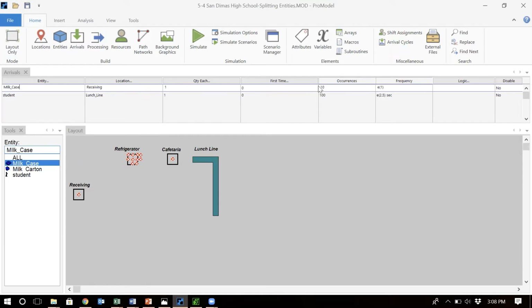Okay, so for the occurrence, I'm not going to put infinity, because if I put infinity, that means these milk cases will come to the system for as long as we run the simulation. However, I said we are going to receive 10 milk case each day, and we are going to simulate this system just for 1 day. So the number of milk cases that come to the system is 10, and the inter-arrival time is 1 minute